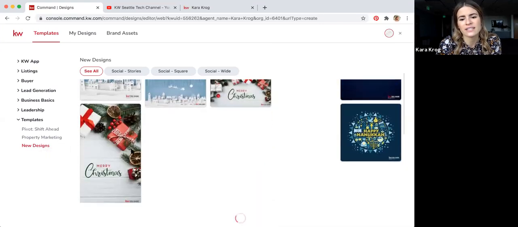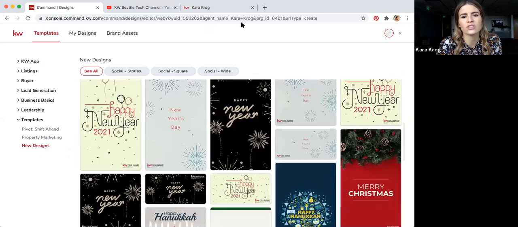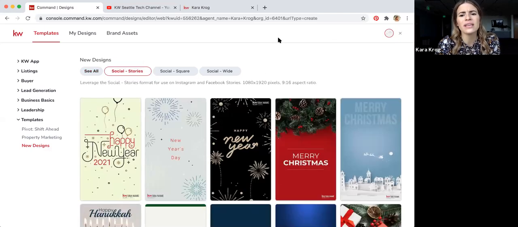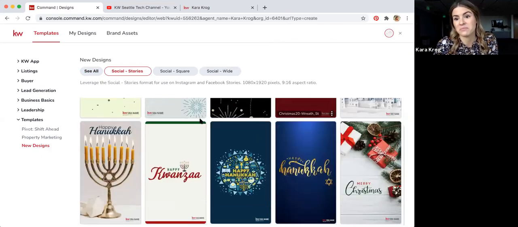So I look at all these, they've got some new holiday designs. You can also sort them by social stories, which I think is a totally underutilized form of social media. If you guys are posting things on your Facebooks, on your Instagram as a story, you actually can see every single person who views it. Like, what if you could see every person that viewed all of your social posts? That would be so awesome. So why not post some stories, and then actually you can see who's viewing those stories and interact with them